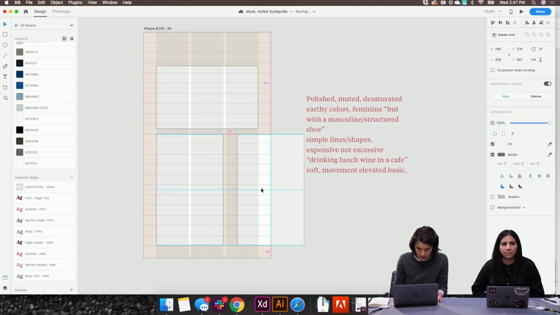So if we're starting up here, I want to see how I can make an interesting grid.